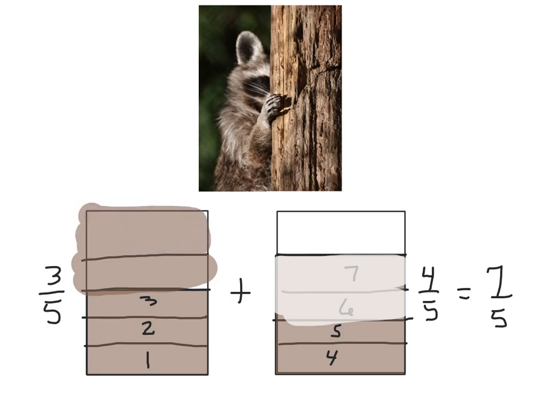And as you see now, here I have one whole, right? So he's got his whole body behind the tree. And over here, I've got two parts, because now I've got one whole and 2 out of the 5, right? So 2/5. So what I'd like you to do right now is go ahead and pause the video, and then